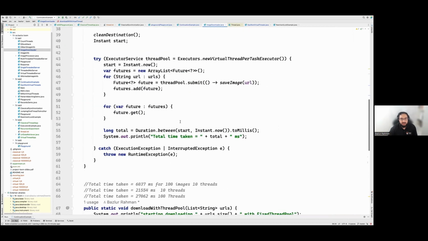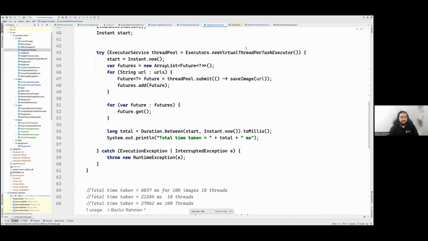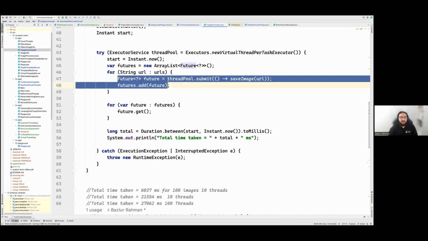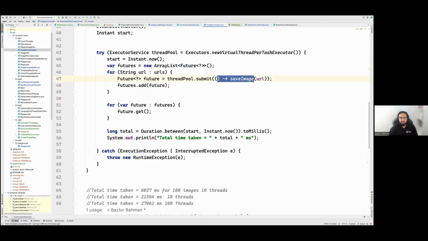So this one, right? I'm doing exactly the same thing, but over here, whenever I'm submitting a new task, I'm creating a virtual thread. So let's say whenever I submit, I'm creating a new virtual thread, and the virtual thread hits the IO operation and it suspends itself. It goes away from the picture, and the native threads or the carrier threads that are running this virtual thread are free now.